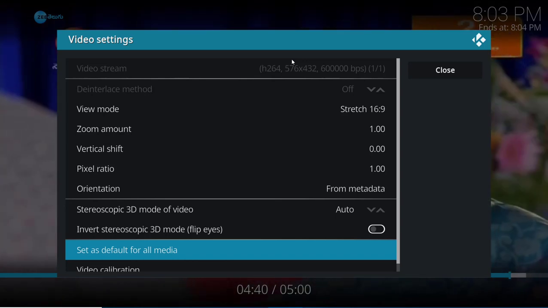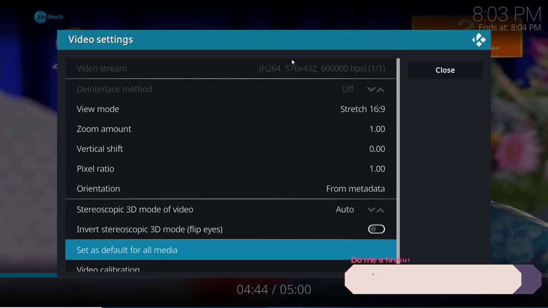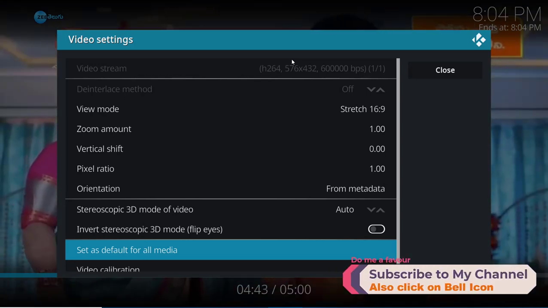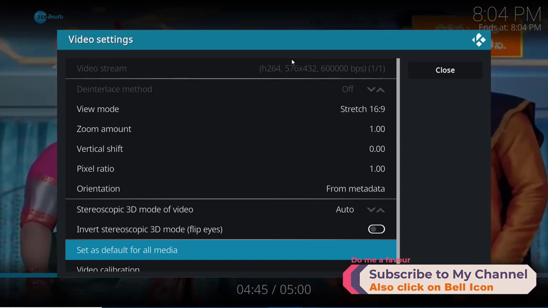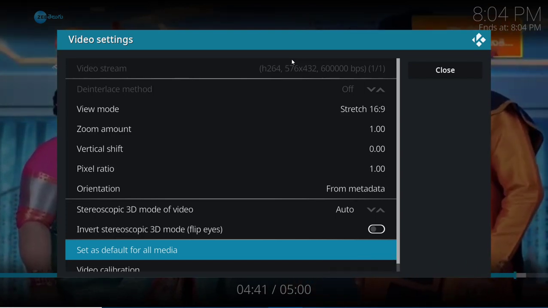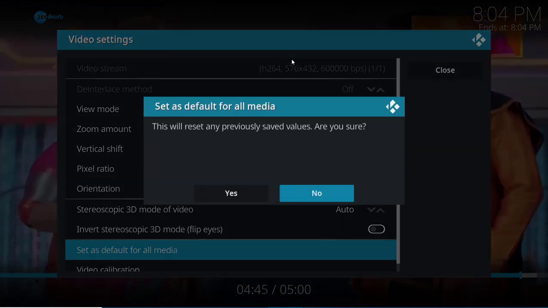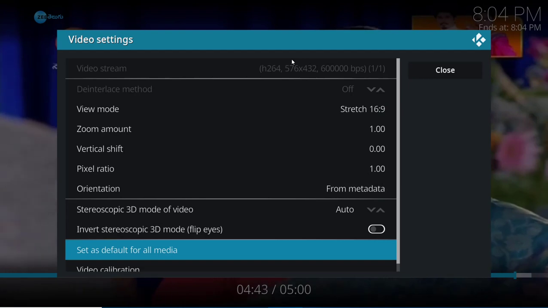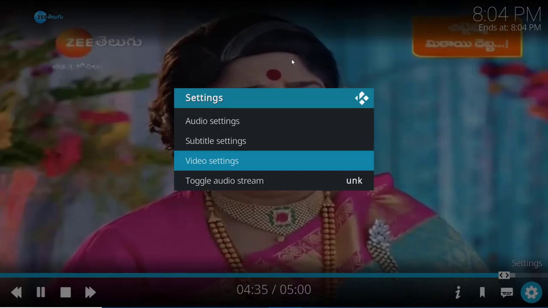This setting will then apply to all channels, so you don't need to change the ratio every time you open this app and the channel comes in an odd ratio. If you set it as default for all media, it will be applicable to all channels in the JioTV app.